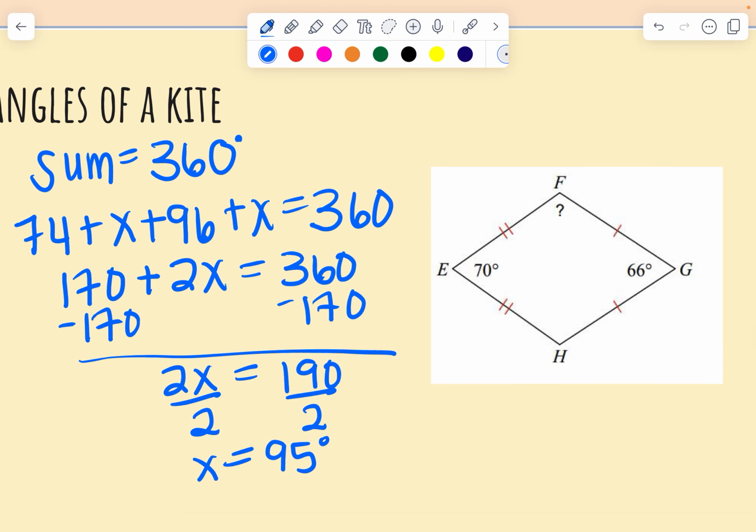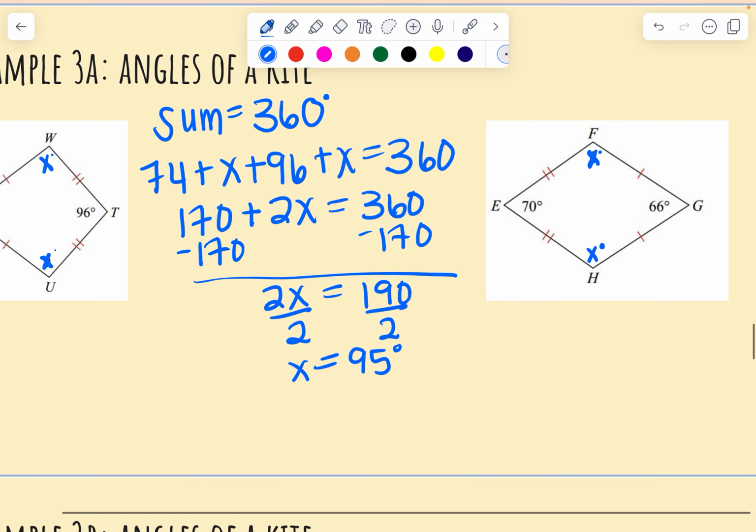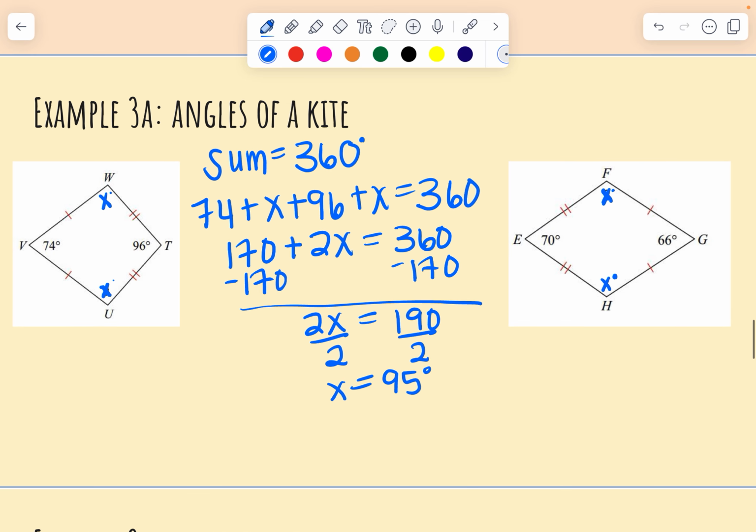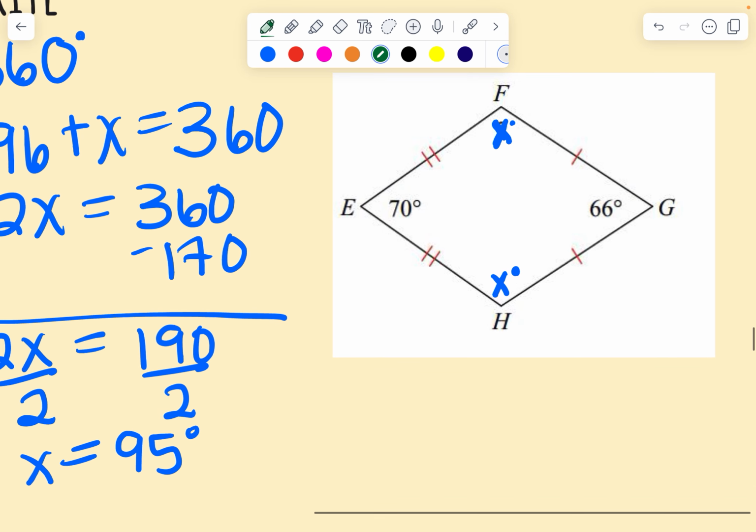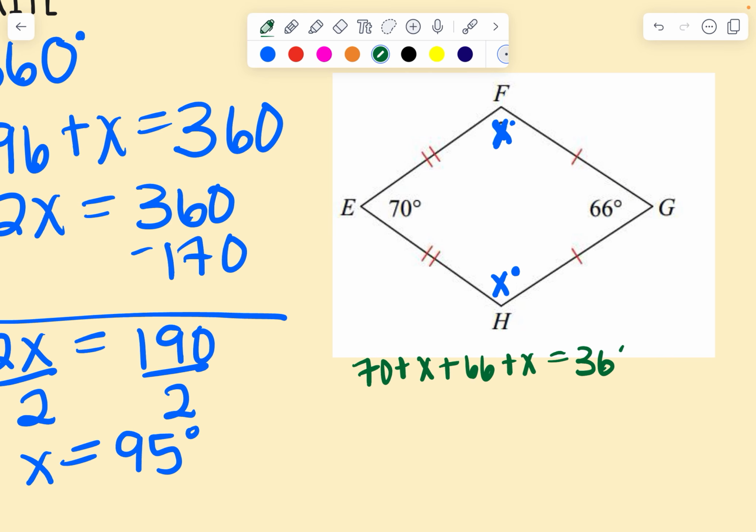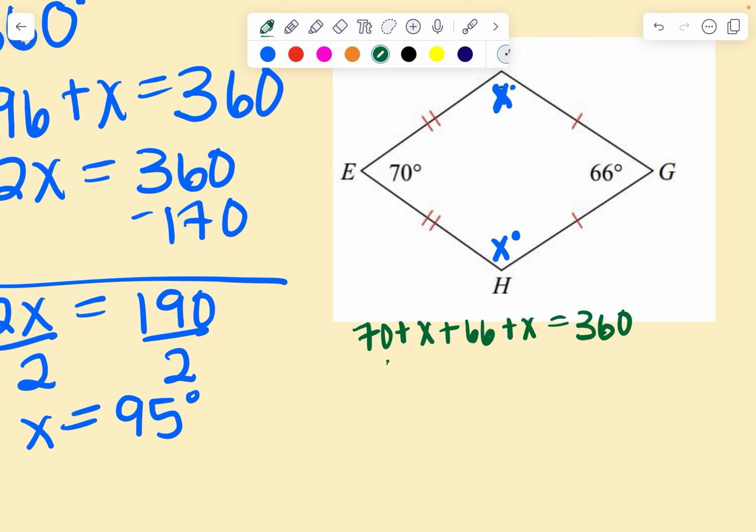This next one here, same type of problem. F is what we're looking for, so I'm going to call that X degrees. F and H are the same thing, so they're both going to be called X degrees. Again, we have a quadrilateral, which means that it's adding up to 360. So 70 plus x plus 66 plus x is 360. 70 plus 66 is 136. X and x is 2x